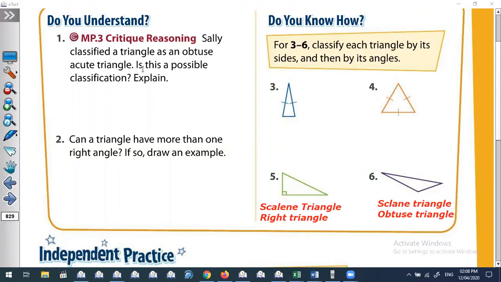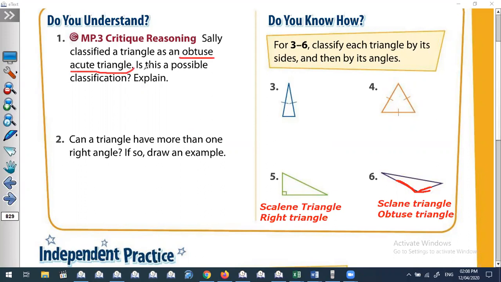Obtuse triangle, because this angle is more than the right. This angle is more than the right, so it will be an obtuse triangle. Number 1: Sally classified a triangle as an obtuse